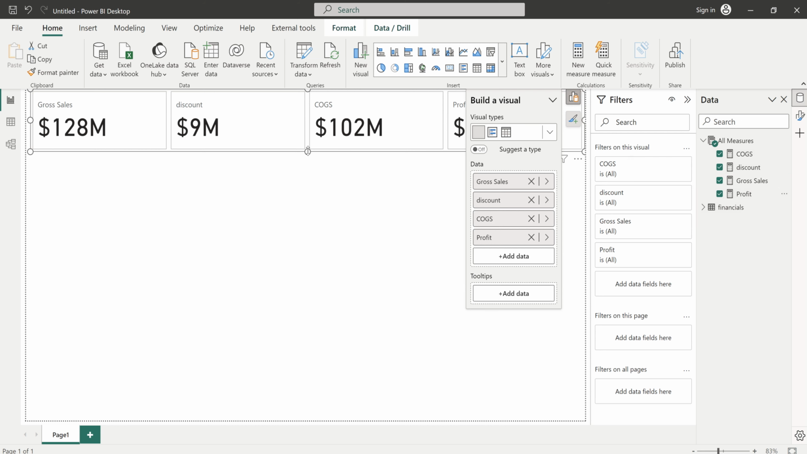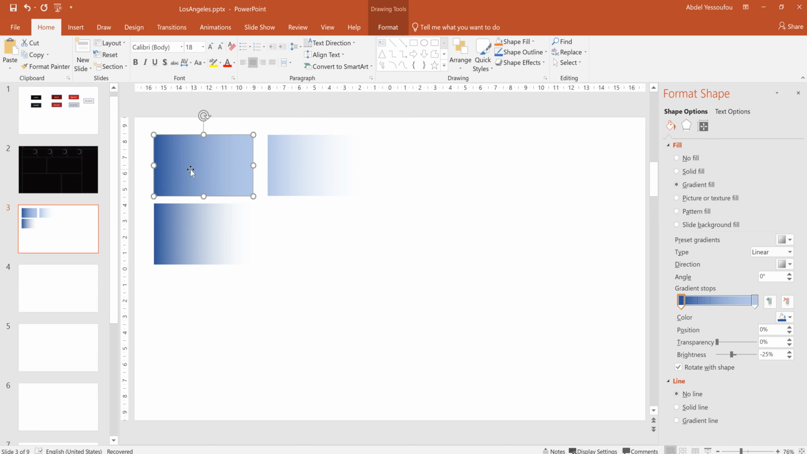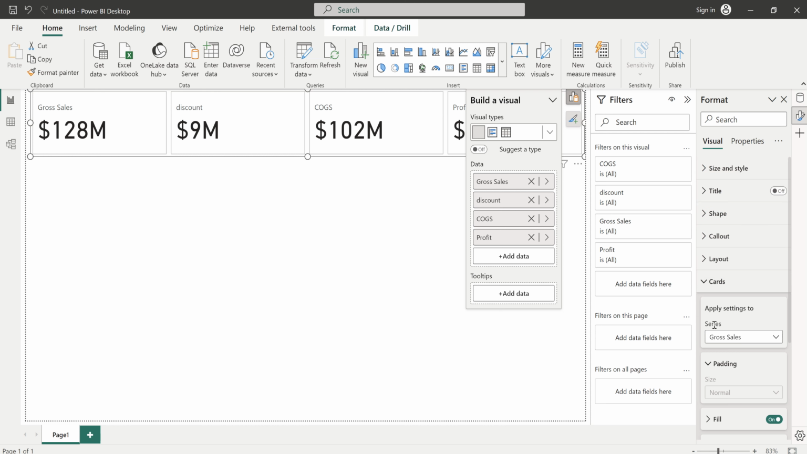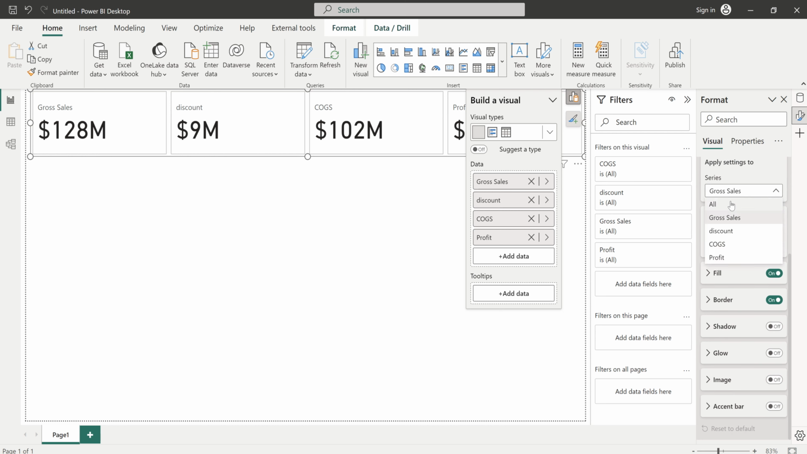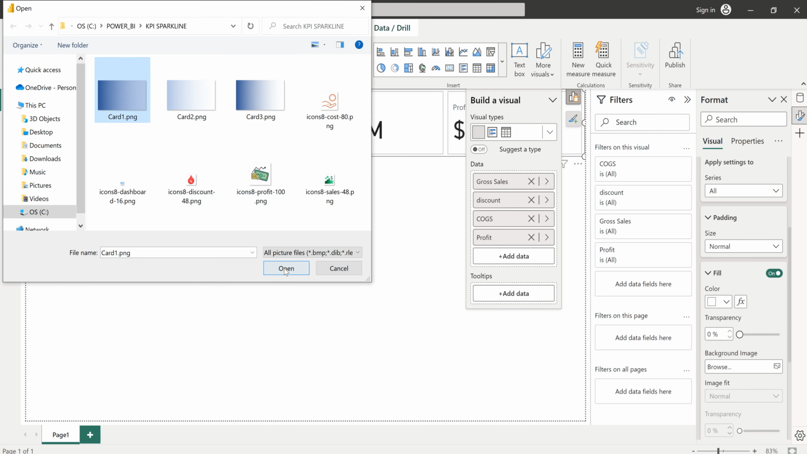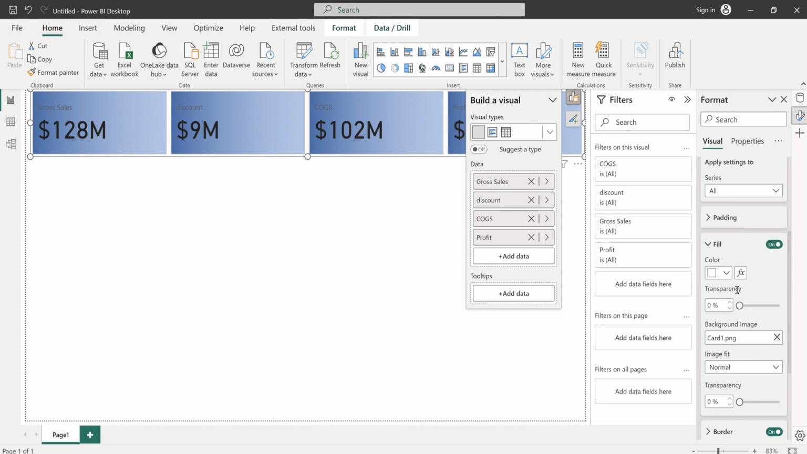Okay, so I want to bring in the image. I just created some small image from PowerPoint. This is what I use, just blue gradient. So here, I'll just come to the formatting stuff. I'll go to cards, make sure I select all, go to fill, select the background, card 1. Okay, so now let's change the